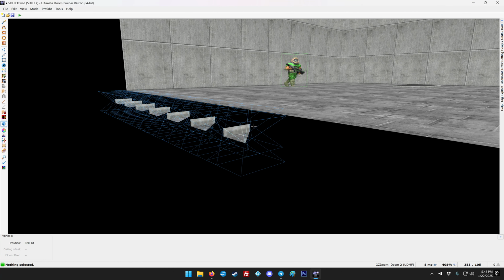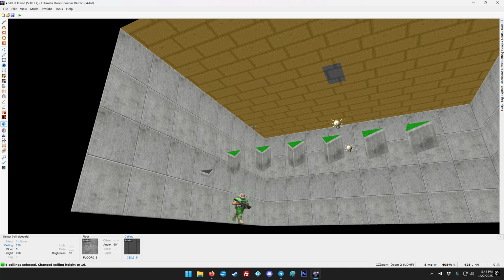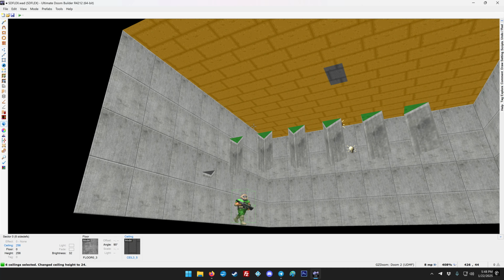Now I'm going to hit Tab, which removes the advanced rendering. So what we're going to do is highlight this one, this one, this one. No, we don't want to highlight that. We want to highlight that one, and that one. So what we're going to do now is bring each one of these up to